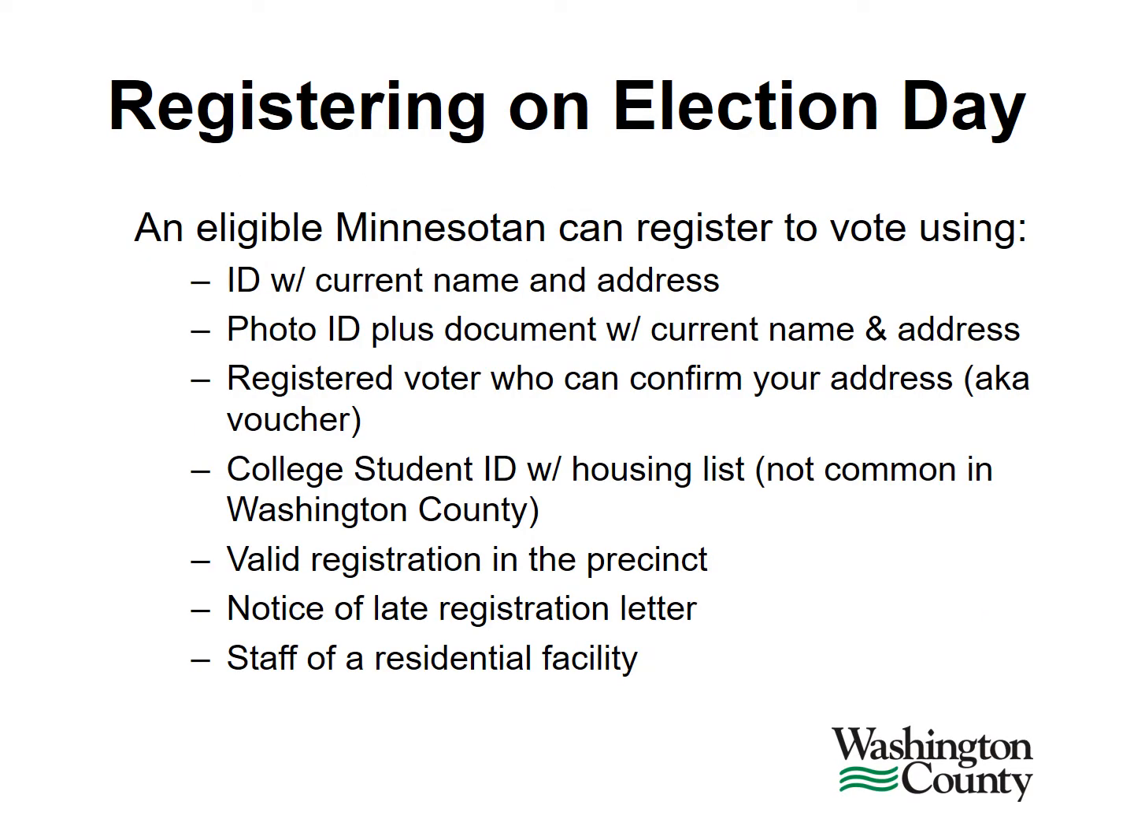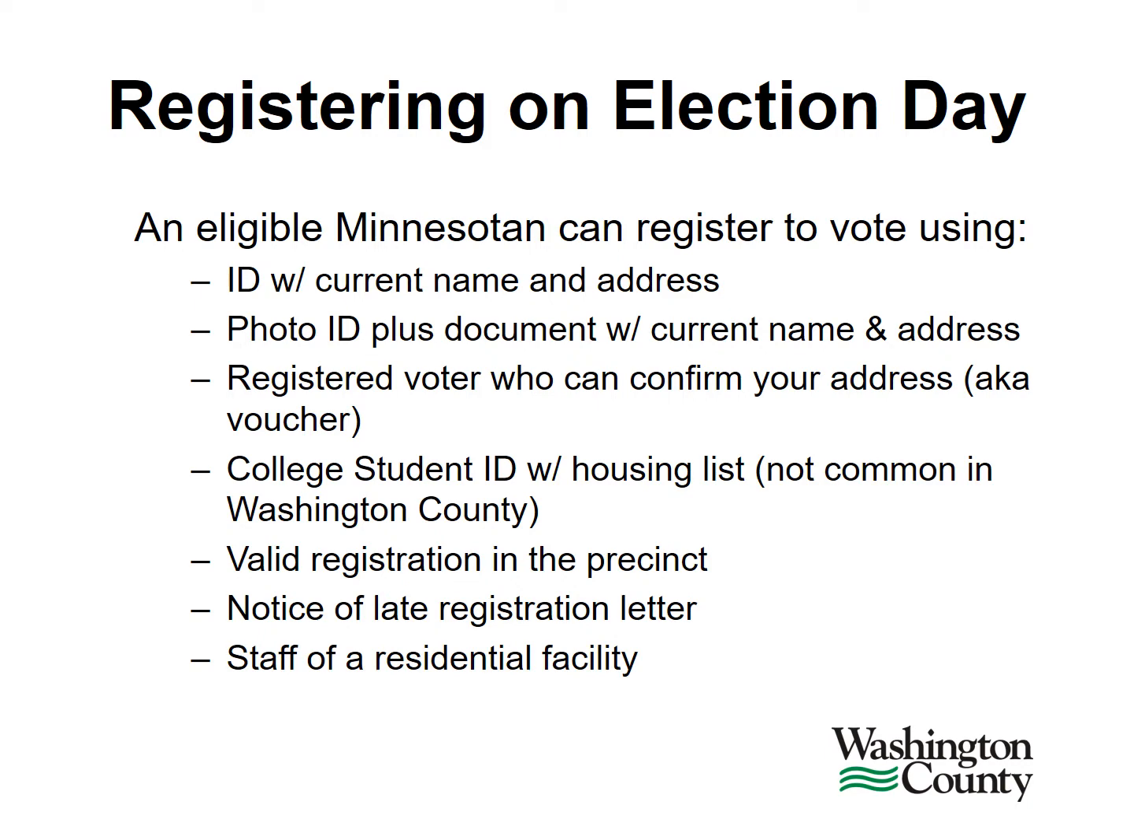In Minnesota, an eligible voter can register or update their registration on Election Day. In order to do so, they must have one of the following: an ID with current name and address, a photo ID plus a document with current name and address, a registered voter who can confirm your address, also known as a voucher, a college student ID along with a housing list, which isn't very common in Washington County, a valid registration in the precinct, notice of late registration letter, or staff from a residential facility that can note that